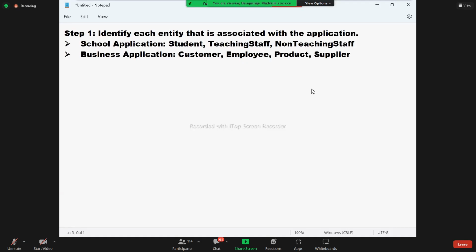Non-teaching staff also have similar attributes, but qualification is not important for me in the non-teaching staff, and there is no subject for him to deal with. Business, you take a customer. Again, ID, name, some attributes are going to be common. What attributes are common in all these things? ID, name,